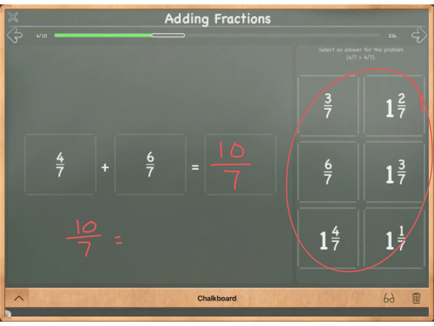How do you do this again? Well, it's really a simple division problem. 7 goes into 10 one time. So you're going to do a 7 there. 10 minus 7, pretty simple, is a 3. That 3 becomes your numerator. 7 is your denominator. Okay, so I'm looking for 1